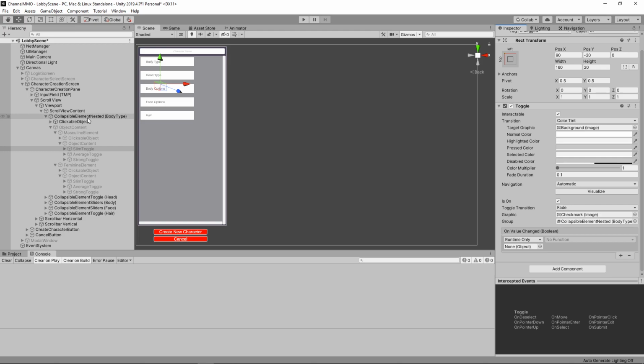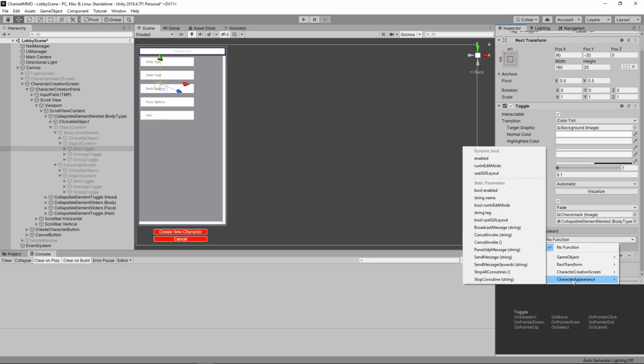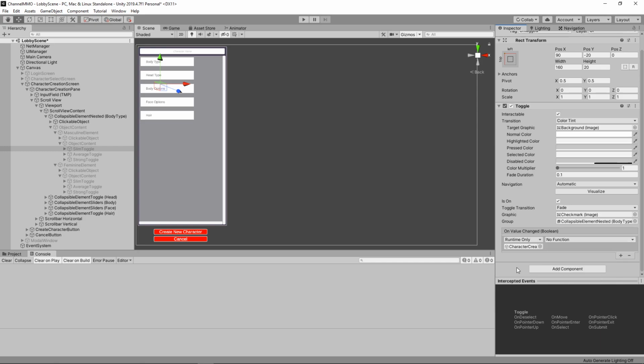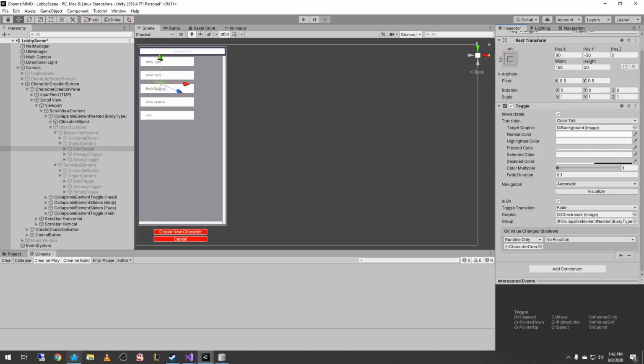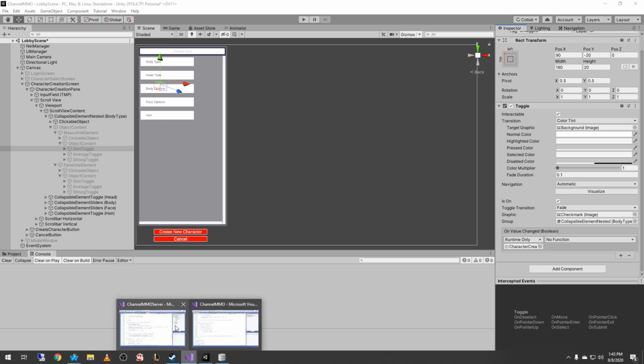how do we want to do this? I'm just thinking here. Well, we're going to want to have it be on the character creation screen. We might have to create a method for this. I was just wondering if there's a way to do this here. Character appearance, I don't think there is. But what we can do is we can get rid of, or not really get rid of, but minimize our